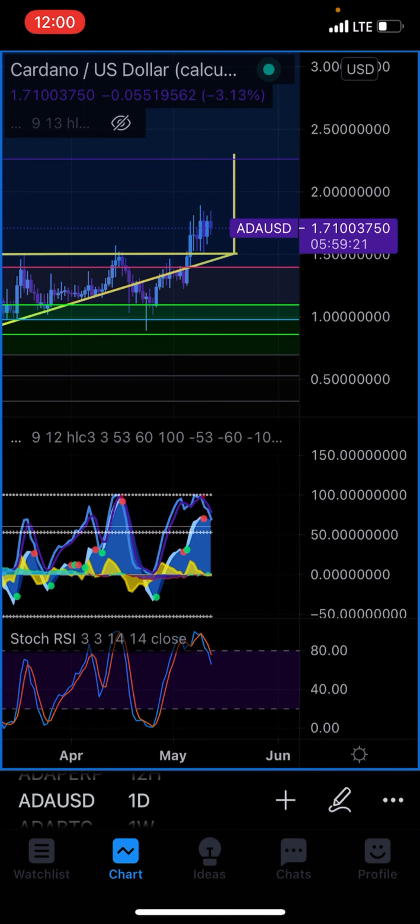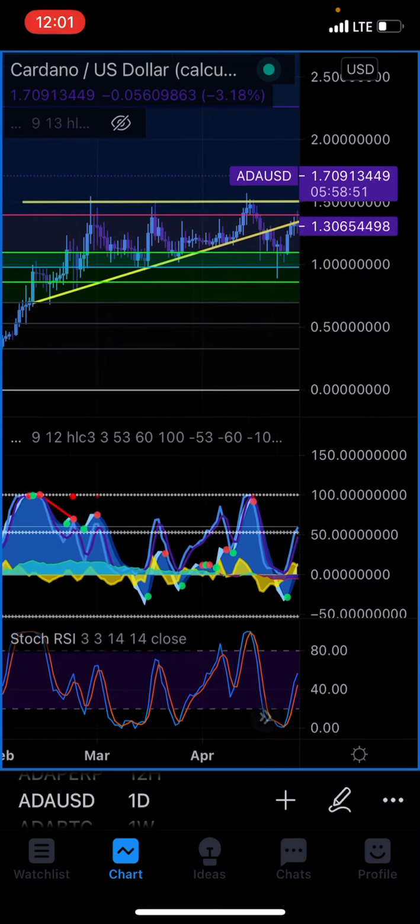What is it likely to do? Where are my prospects? And if I'm looking at targets on the same timeline, if I'm looking at, let's just say, the next 3 or 4 days to a week, hoping to catch that big move up for sushi, what is ADA going to be potentially doing in that same time frame, do I think? And if it looks like ADA is even more poised for a bigger breakout, bigger percent gains, I'm better off staying with my ADA. But jumping in here, you can see we've just broken out of this big wedge that